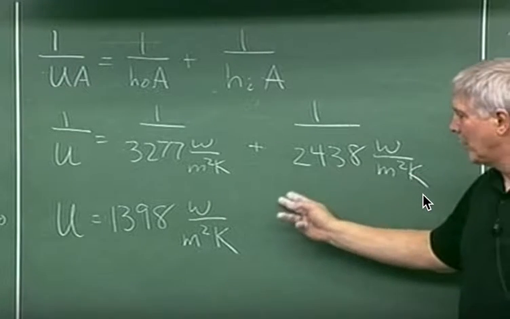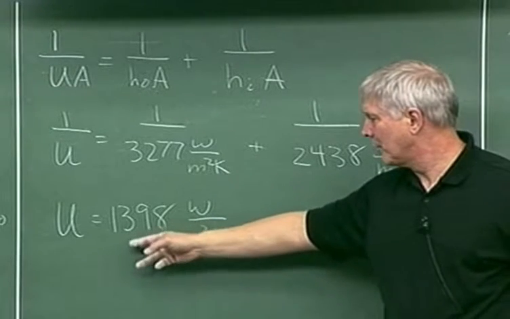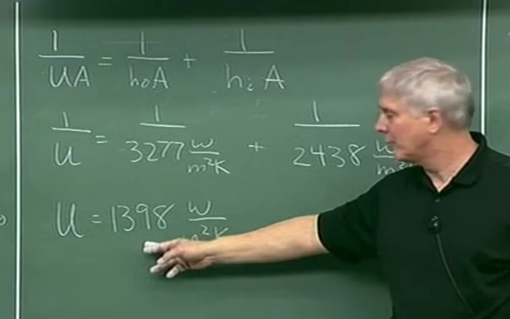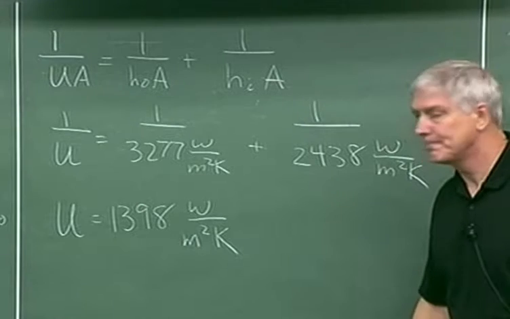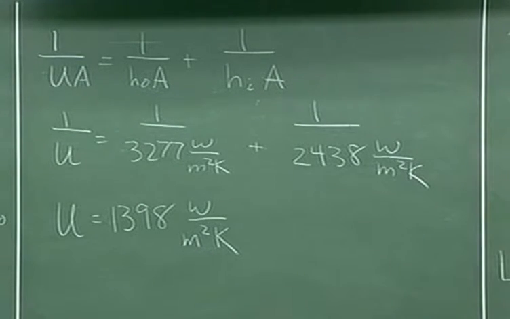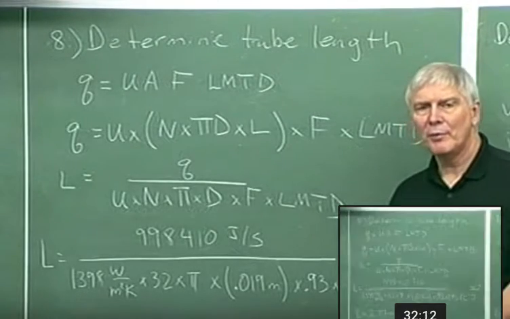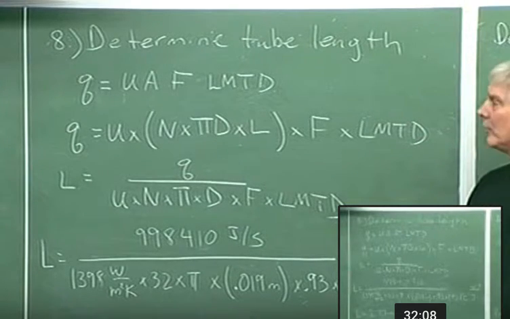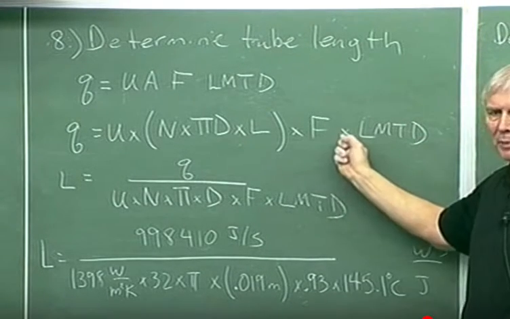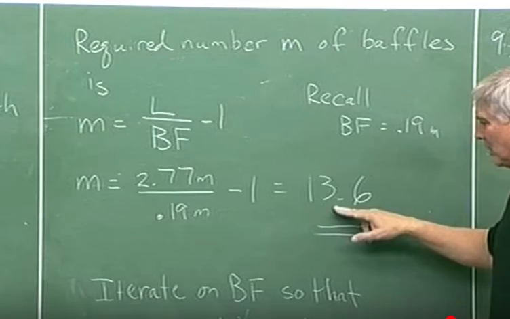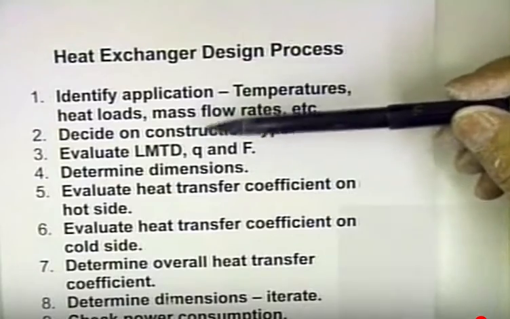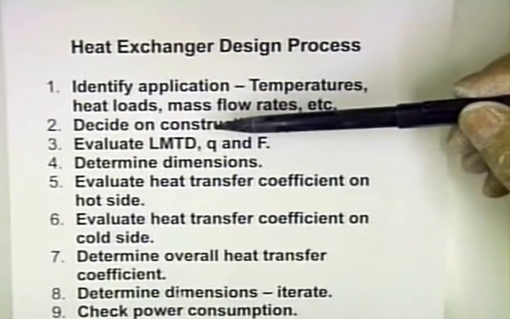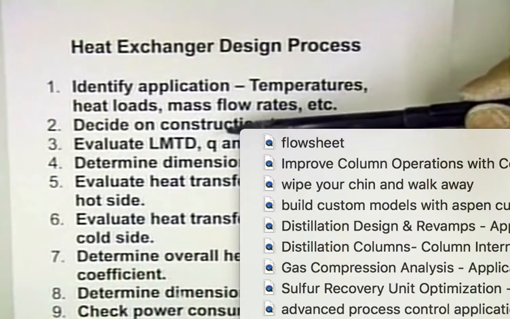So we add them together, and then we take the inverse, and we get the overall heat transfer coefficient is 1398 watts per meter squared K. Overall heat transfer coefficient. That's important. Okay, now that we have that, we're now ready to determine the dimensions, and the dimension would be the log mean temperature difference. We got the heat rate, and since it's a shell and tube,